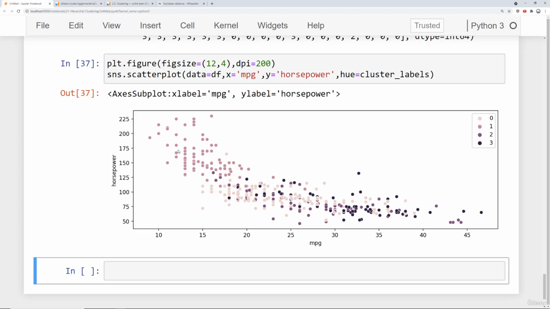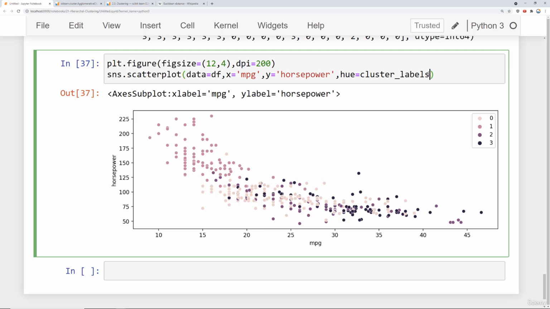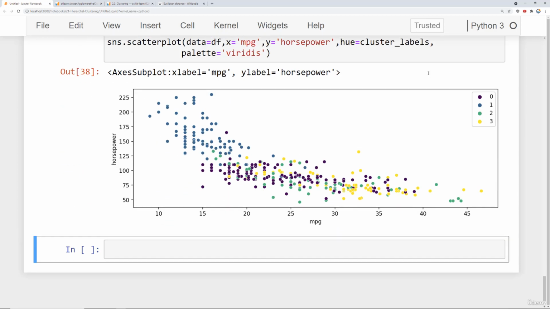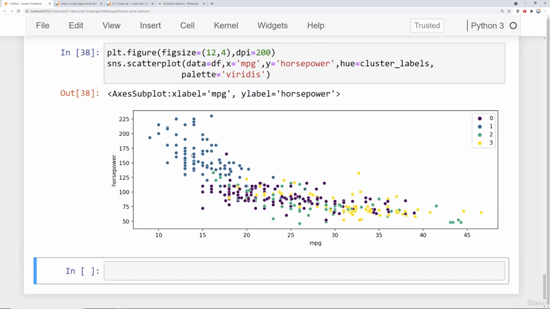And clearly we have this one cluster, this kind of pink, and you can always change the color mapping here. We can say something like palette is equal to this, if that's easier for you to see. And here we can see this clearly, this blue cluster are the high horsepower, low miles per gallon cars. And then these other 3 clusters seem to be in a similar range of horsepower and miles